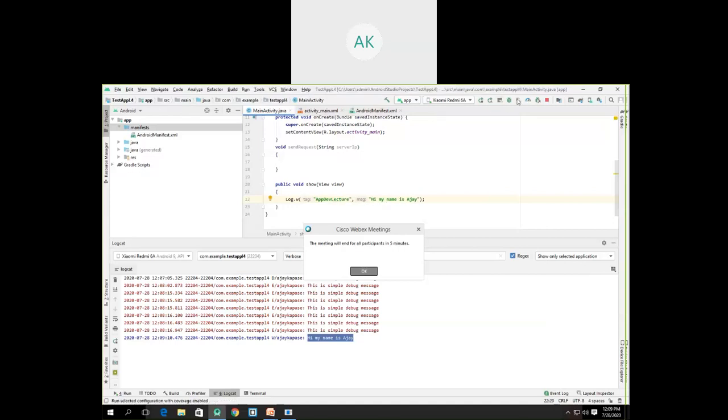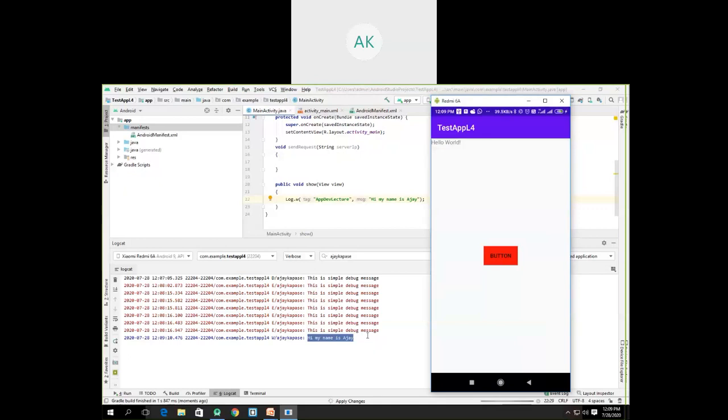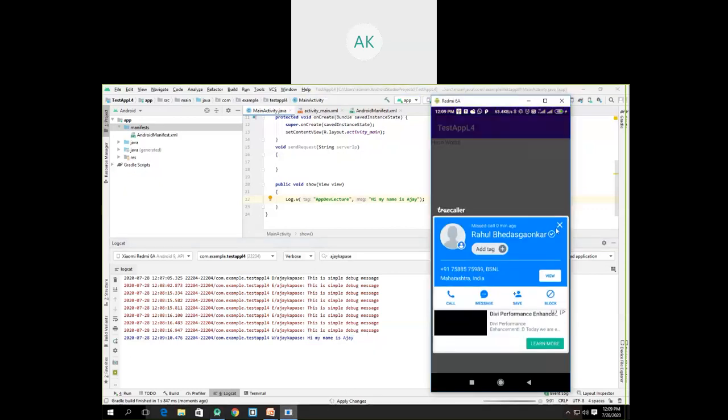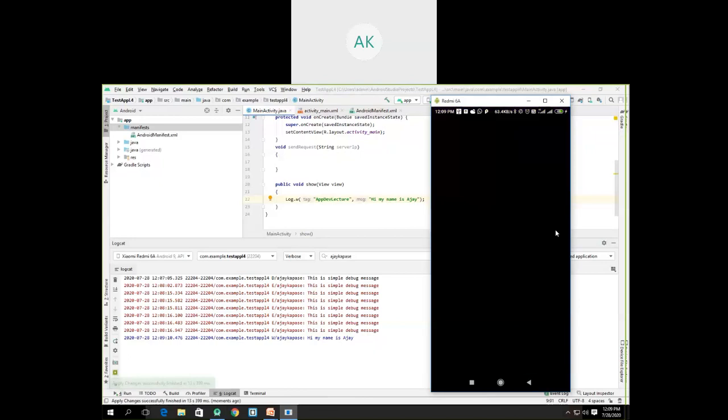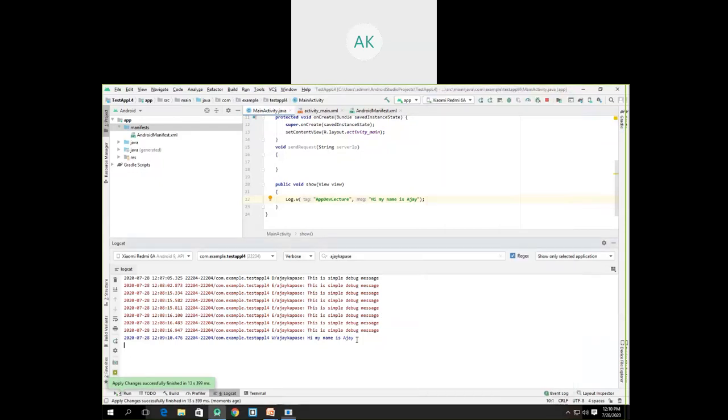Now if I compile this program again and click on the button, you can see that even if I'm clicking on the button, I'm not able to see the logs.